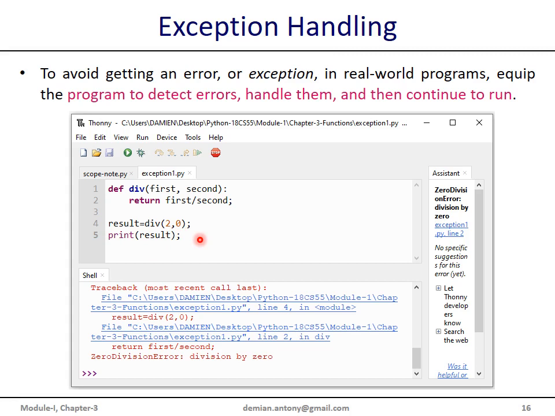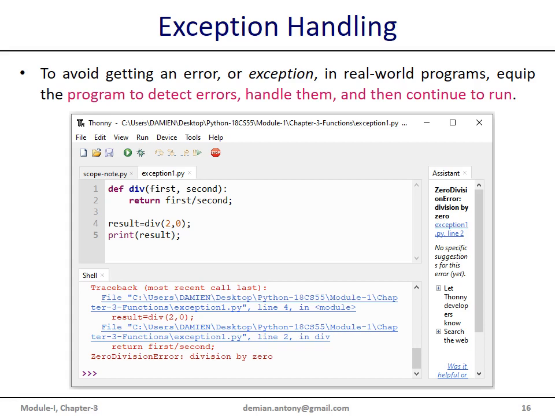If we run this program, we will encounter an exception, that is a runtime error called zero division error, division by 0. This is a runtime anomaly caused by the division by 0 scenario.